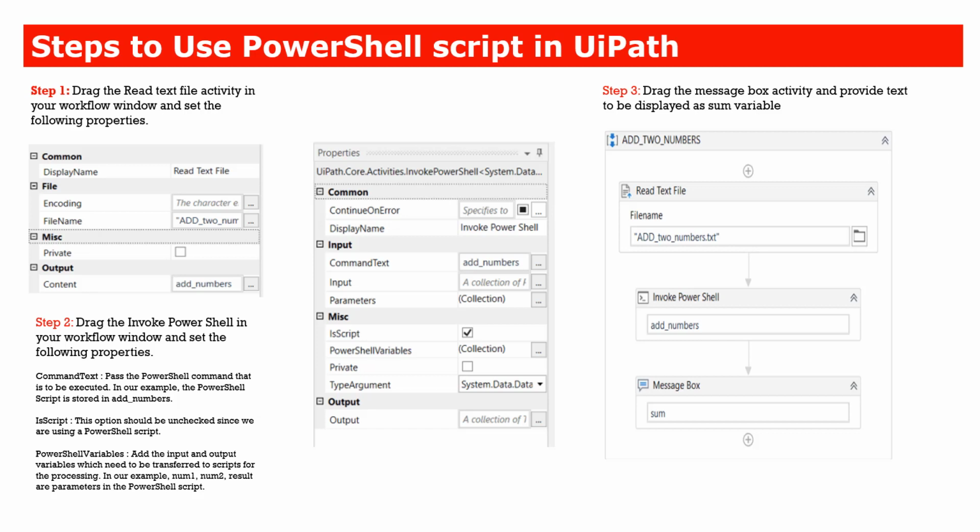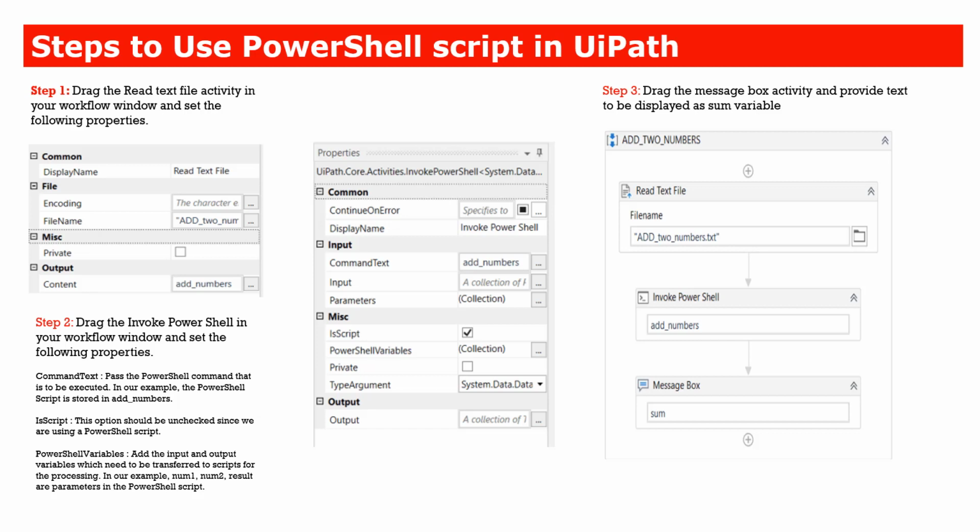So basically, first you read the script file, store the content of the script into a string variable, pass that string variable into the PowerShell activity as the command text, define the input and output parameters, and then use the Invoke PowerShell activity. The result will be stored into the output variable, and that output variable can be used for further operations.